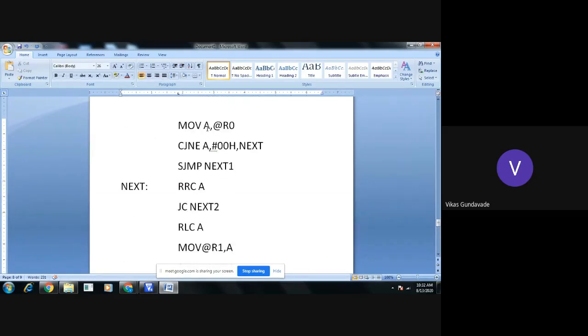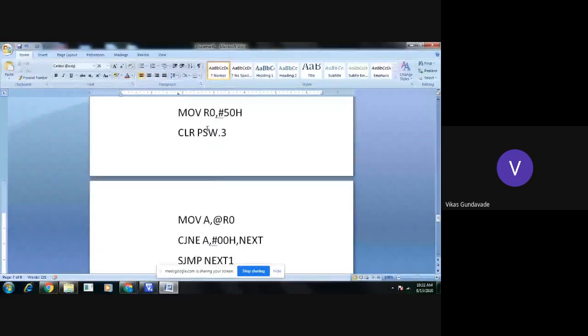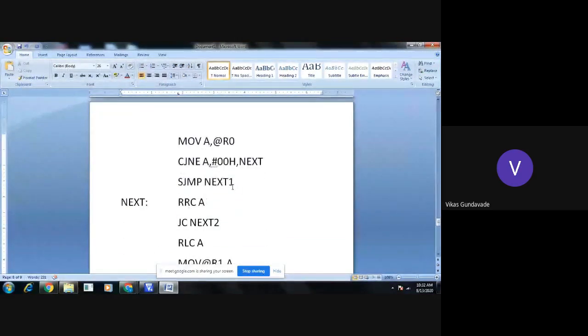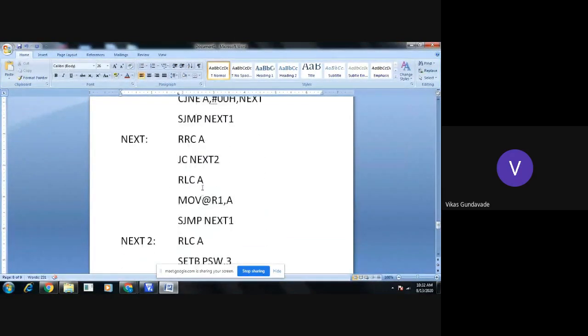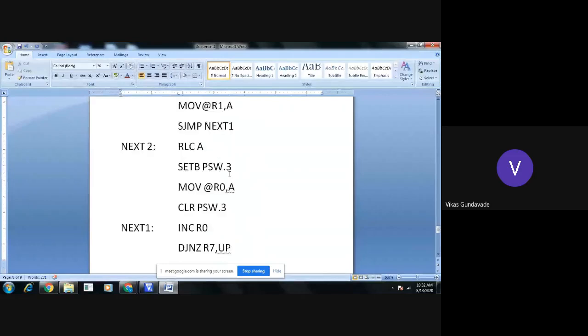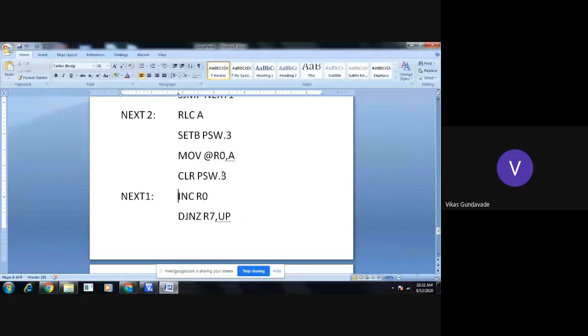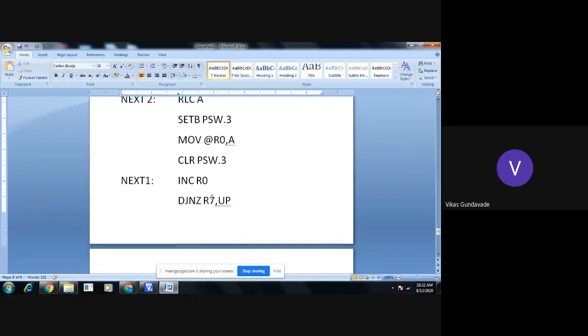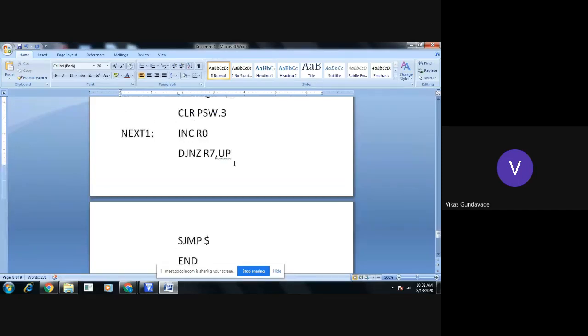Now here, where has it gone? Next one. Similarly, after finishing this process, again we need to increment the pointer. That's why we have given SJMP next one. The same will come here, and after execution of these instructions, the controller by default will execute the following instructions, so we will not require to write an SJMP instruction here.